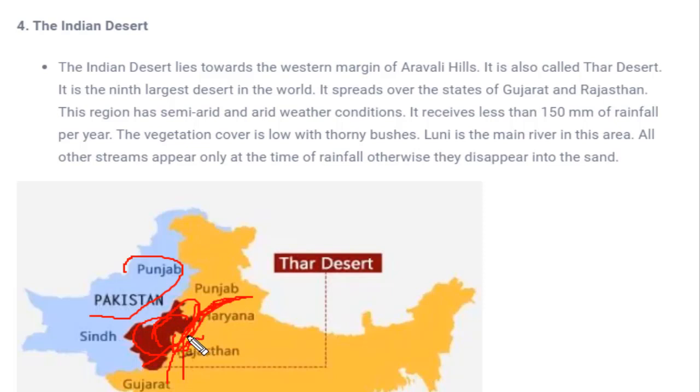Because these Aravalli ranges just do not allow the monsoon carrying winds. All the monsoon carrying winds shed on this side of the hills. That's why the Thar or Rajasthan has the greatest Indian desert in the country. And if it is desert, it is very clear the vegetation cover would be very low, because plants cannot grow in desert area, and the vegetation which is mostly present in this area is the thorny bushes.